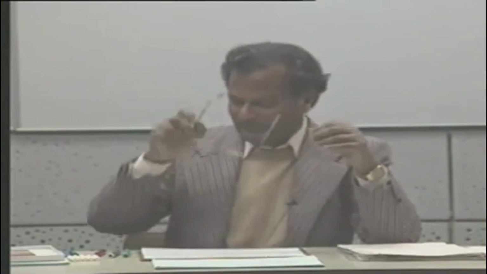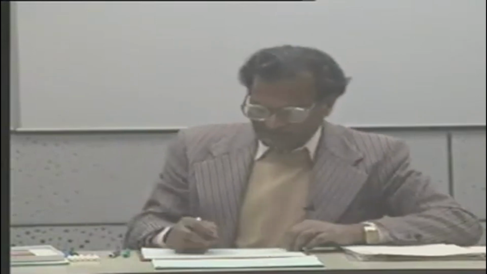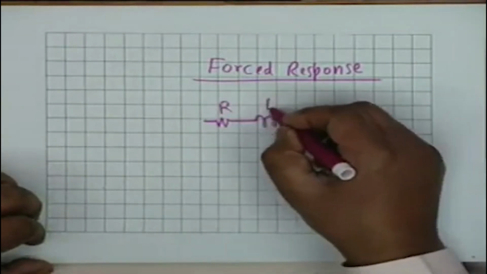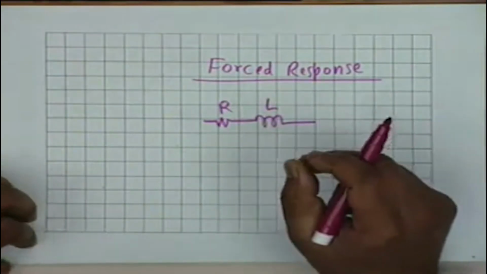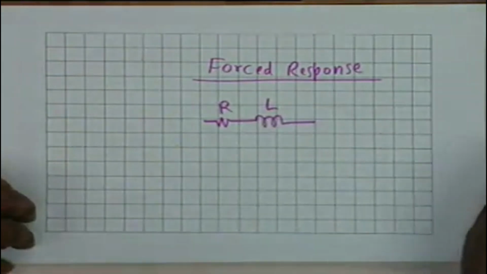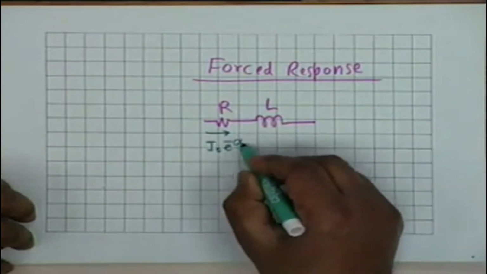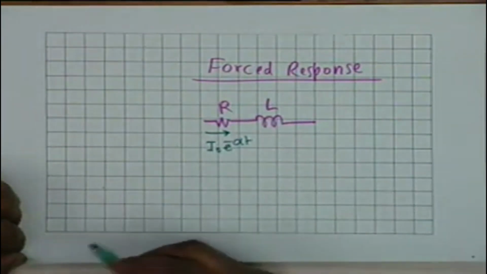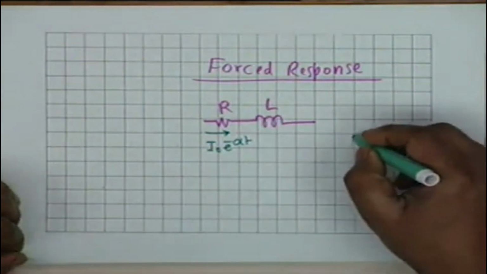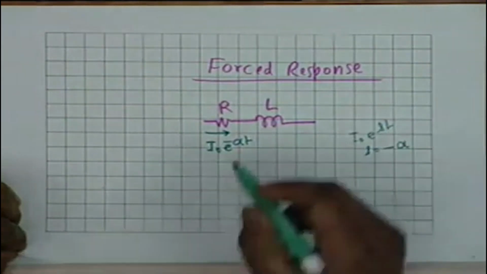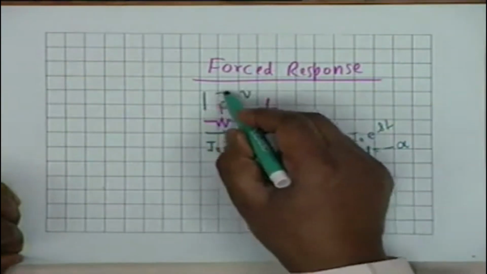e to the st, the exponential function that we have been considering so far, plays a very dominant role. For example, if we have a series combination of resistance and inductance, and we want to force a current through it, with the inductance initially relaxed, let's say I0 e to the minus alpha t. Then this is a special case of I0 e to the st with s equal to minus alpha, and therefore the voltage response between the two,